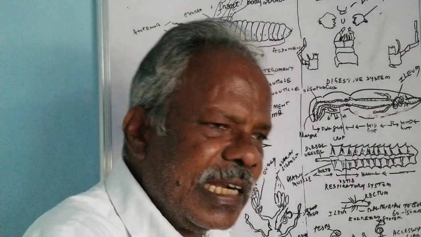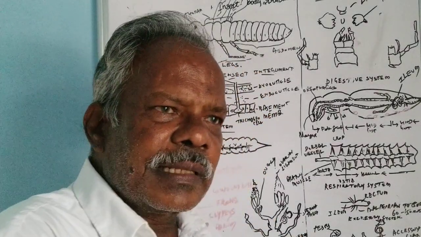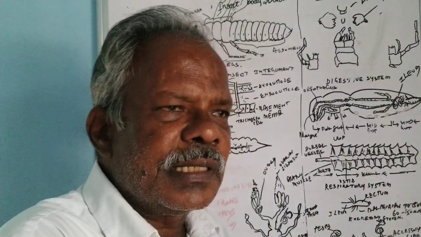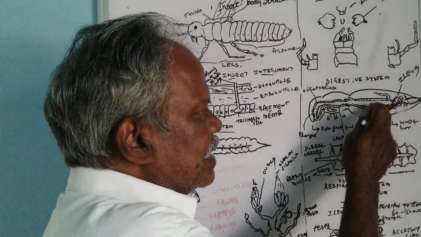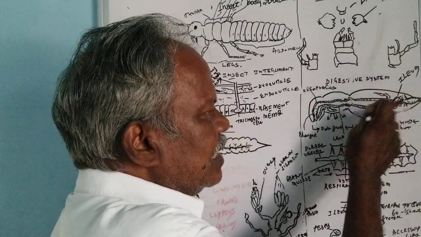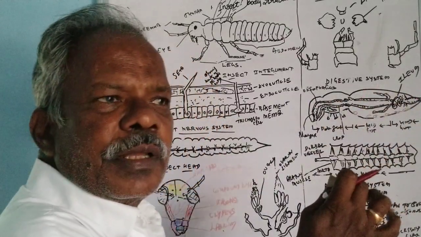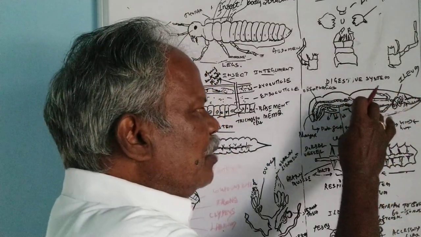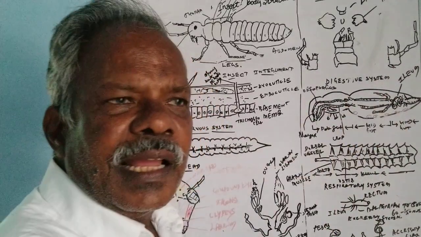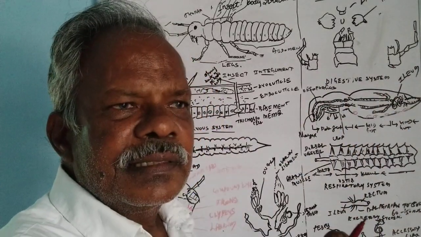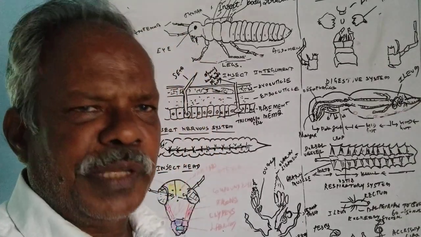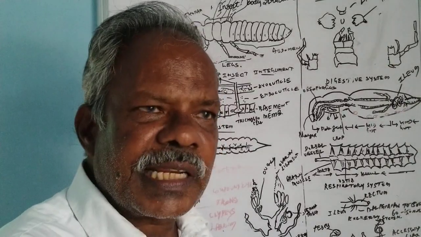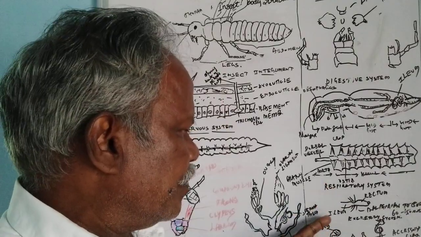The spiracle is supported by tubules called trachea, and the tracheal vessels are interlinked with the entire body. So when the hemolymph is bathing the trachea, the gas exchange happens and the hemolymph gets purified. That is with regard to the respiratory system.